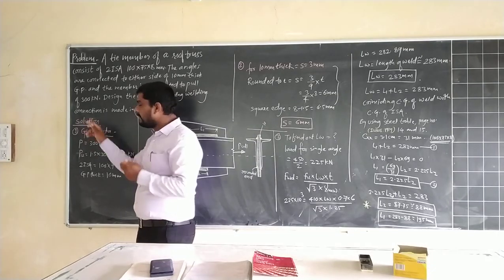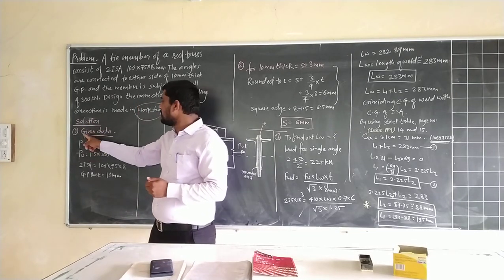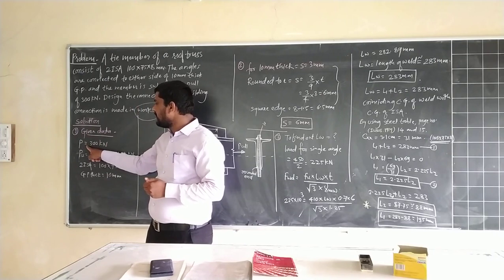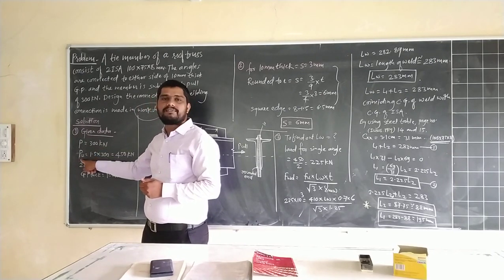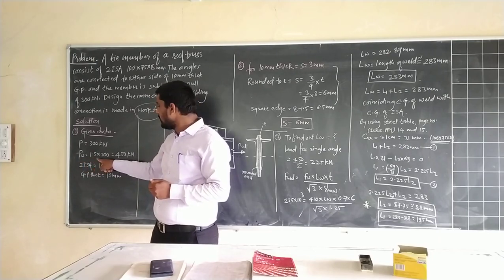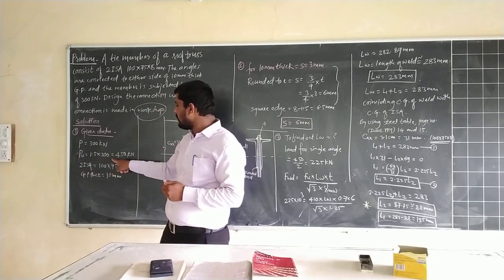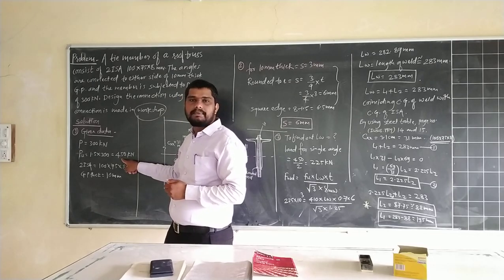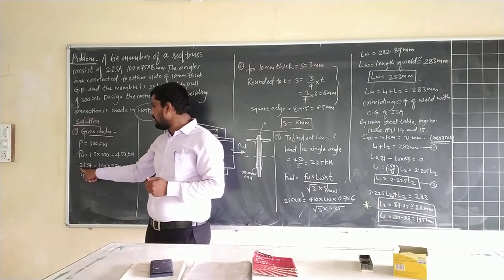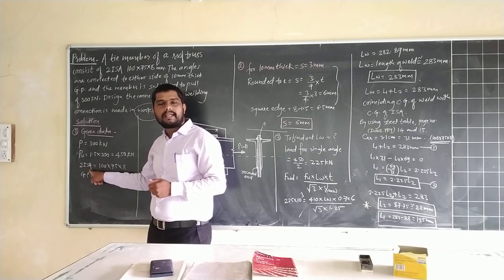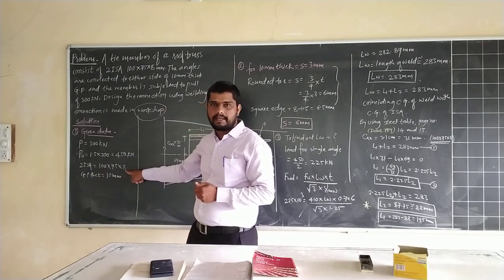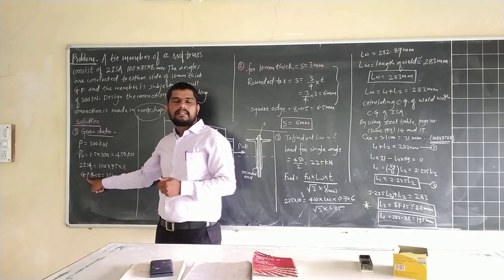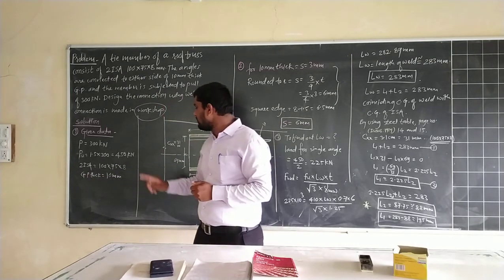Then starting with the solution, first note down the given data, that is P equal to 300 kilonewton. Then we are going to find the factored load or ultimate load by multiplying 1.5 into 300 kilonewton, so the answer will be 450 kilonewton. Then twice Indian Standard Angle section is given, that is 100 mm by 75 mm by 8 mm. Then gusset plate thickness is 10 mm.